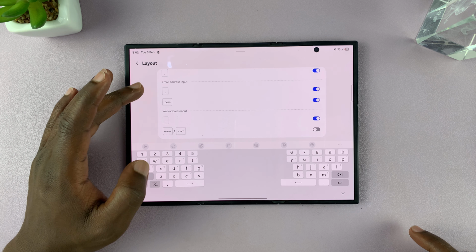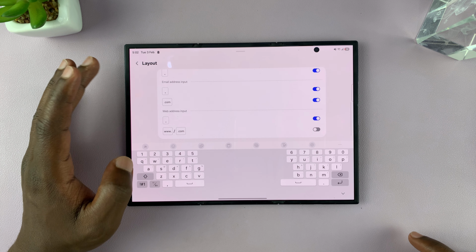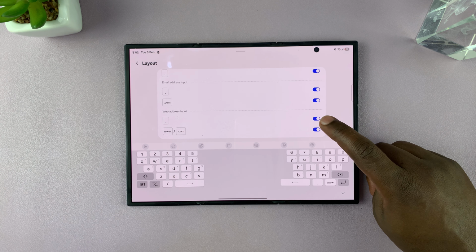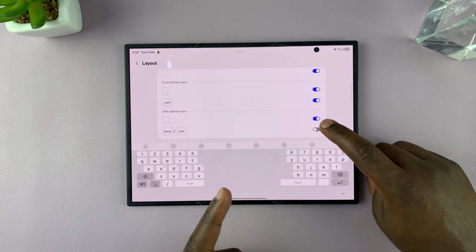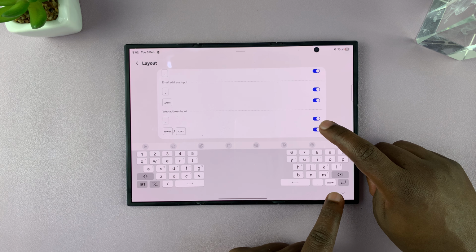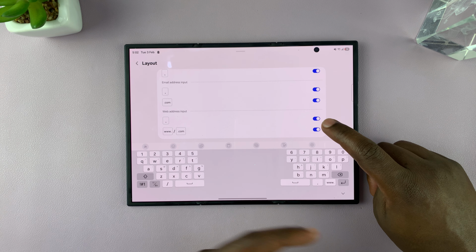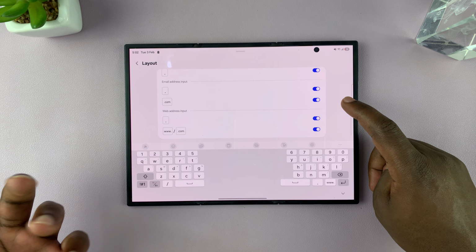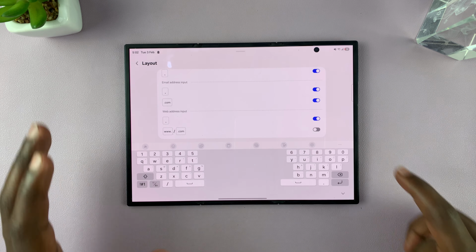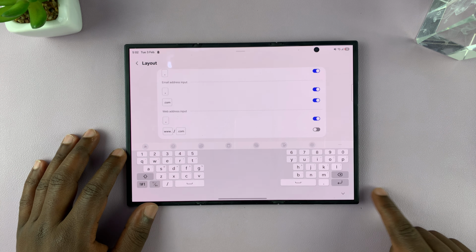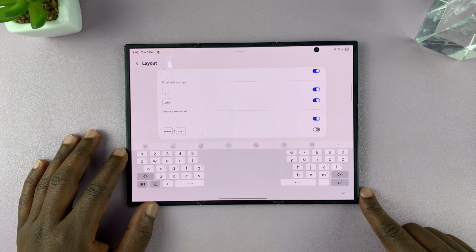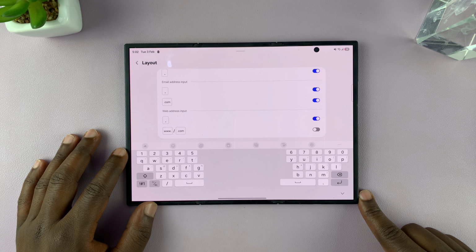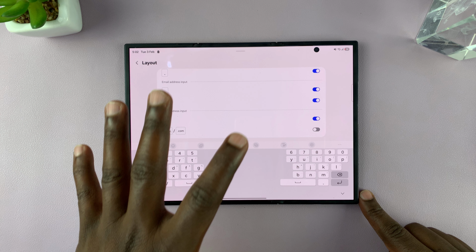So these are basically the different ways you can customize your keyboard layout on your Galaxy Z TriFold. So sometimes you type a lot of websites, so you can have a www.and.com. Okay, so depending on what you want, so you can go enabling and disabling different functions on the Galaxy Z TriFold keyboard. Now, all this is assuming you're using the Samsung keyboard, which comes as a default keyboard on